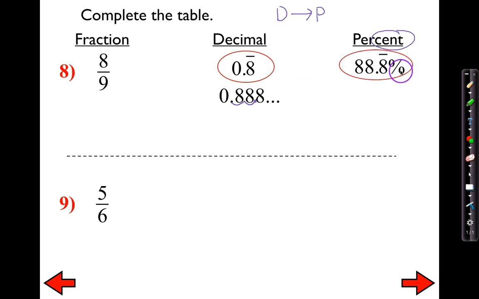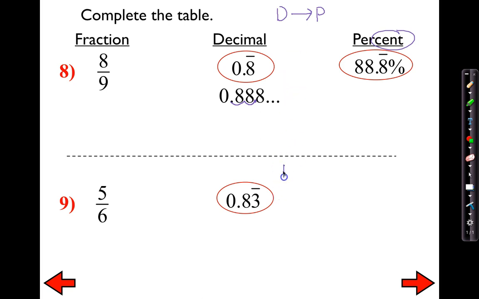Now let's take a look at another example, 5/6. This does mean 5 divided by 6. Now if you divide it, you will end up with 0.83 repeating on the 3. So that is my answer as a decimal. But what about a percent? Again, percents are out of 100. There's nothing here that shows me how much it is out of 100, and 6 can't easily be multiplied by a number to give me 100,